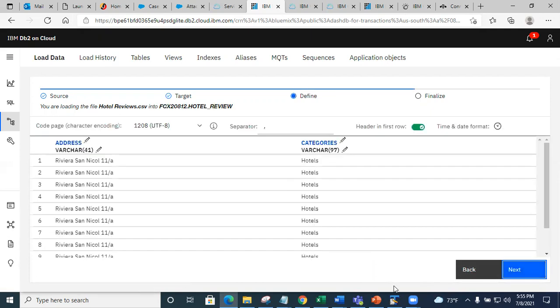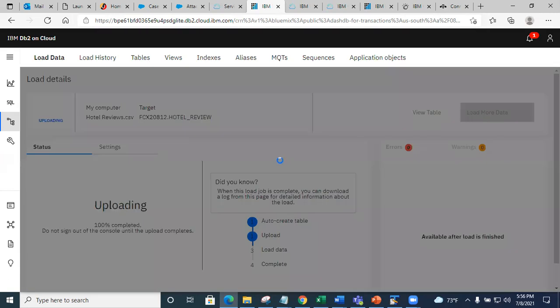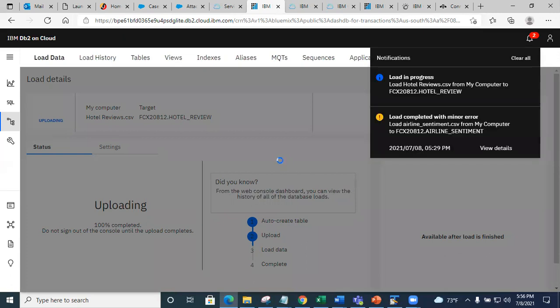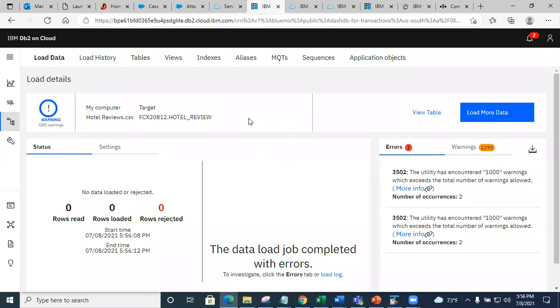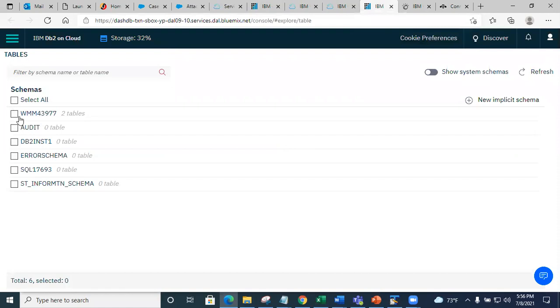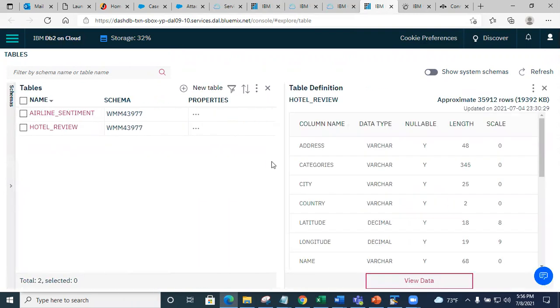If it does not load, then I'm going to go to the old version of the service and show the SQL, because SQL is SQL, okay? Uploading, see this? Looks like it's doing it now. Okay, now let's do this. This is the old version of the service. I've got two tables here. This is a hotel review table. Let me show you the SQL. Let's focus on the SQL.